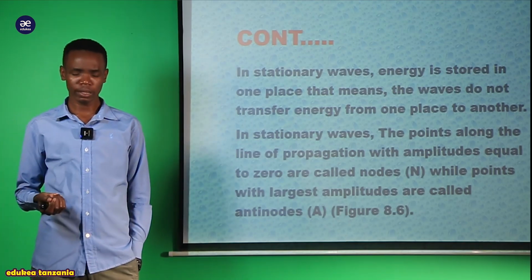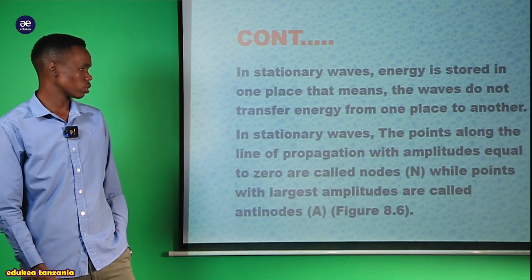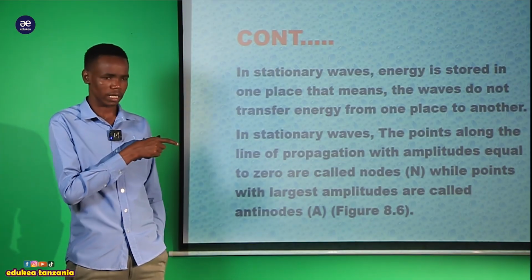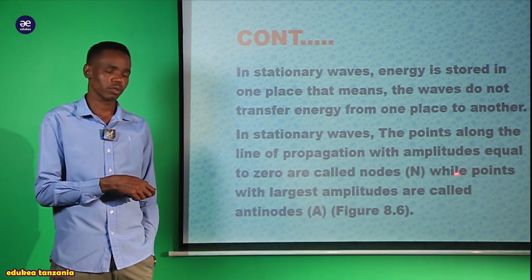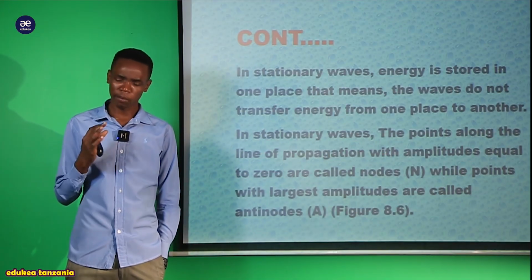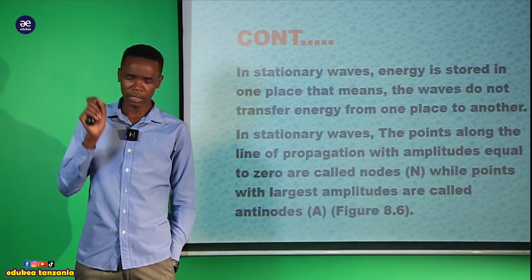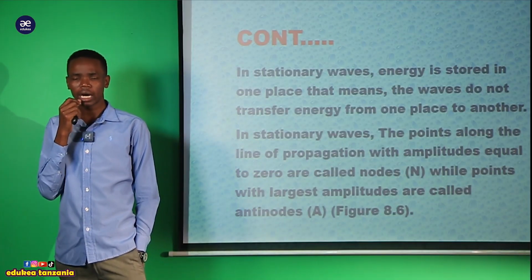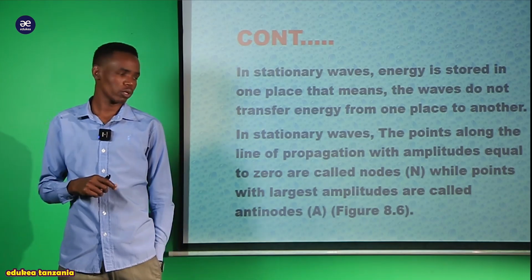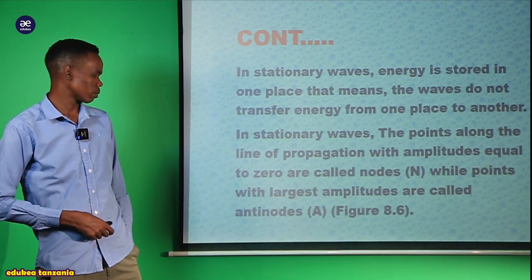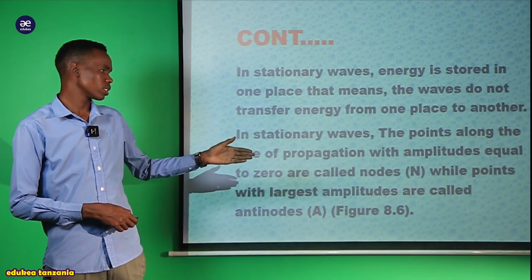So you could define the node by saying that this is a point whereby the amplitude is equal to 0, or you could use this mean here that this is the point along the line of the progression with the amplitude equal to 0. Ni concept ambayo unatakiwa uweze kuifahamu kwamba ile point ambayo amplitude ni sawa na 0 tunaita ni node, while the point on which the amplitude is maximum tunaita ni antinode, my lovely student, as we have been told on this statement. So a point with the largest amplitude is called this